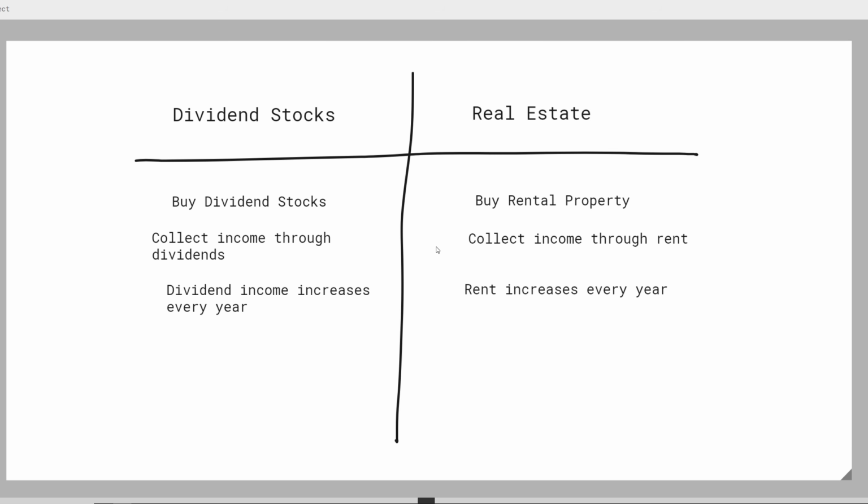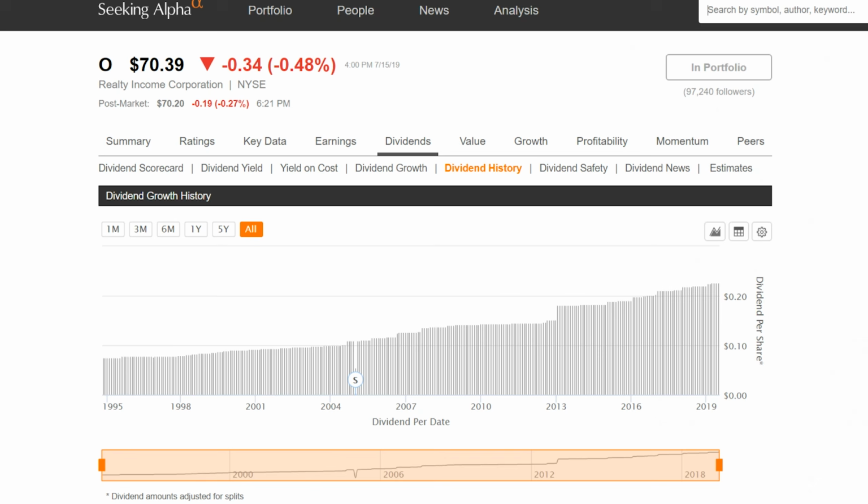Now, I've showed you lots of graphs on this channel. If I look at one of the classic examples here, here's Realty Income Corporation. Here's their dividend history. You can see over the years, they increased their dividend income. Most of the companies don't have this solid of dividend growth, but they have different graphs resembling the same type of thing where they just pay you out more and more every single year. That's the type of company we're looking for.